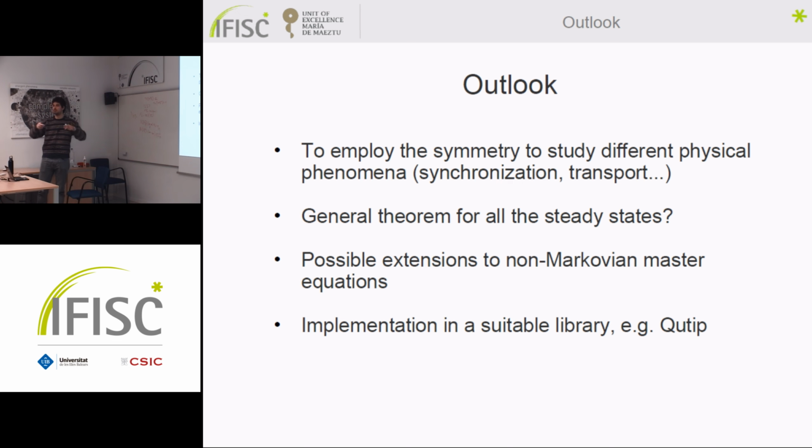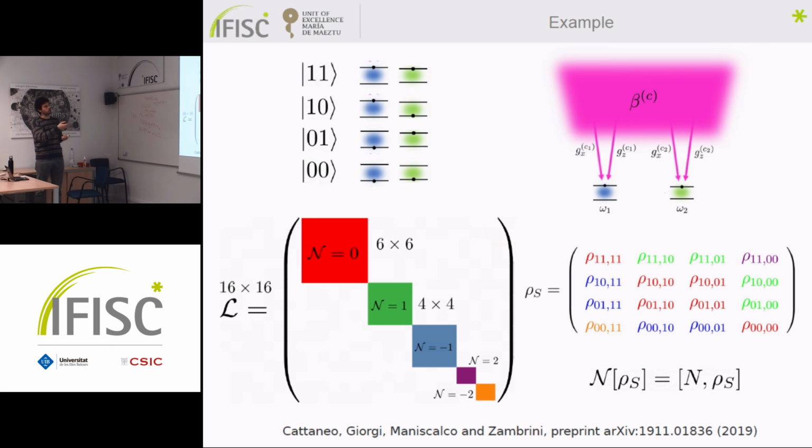synchronization between the qubits I was showing at the very beginning in this setup of Aalto University, for instance, in which we want to understand, because, for instance, the synchronization, you can show that it's all contained in the block n equal to 1. So it's something different from the steady state. You see, you can use the symmetry to tell something physical that is not just mathematical.